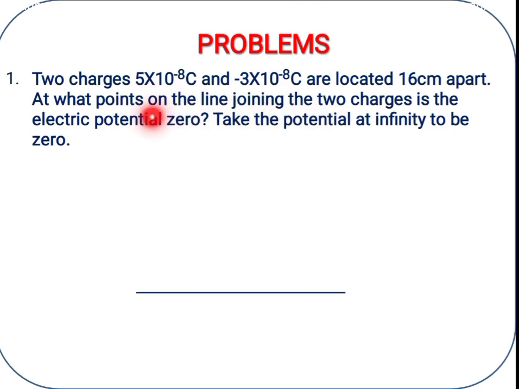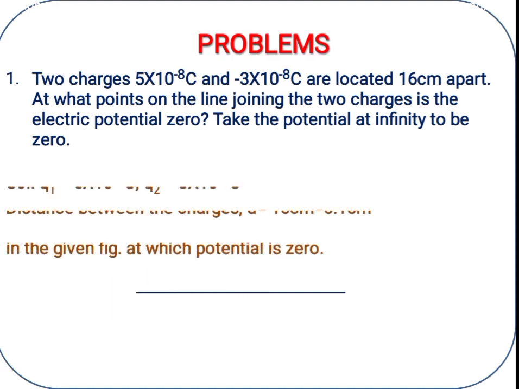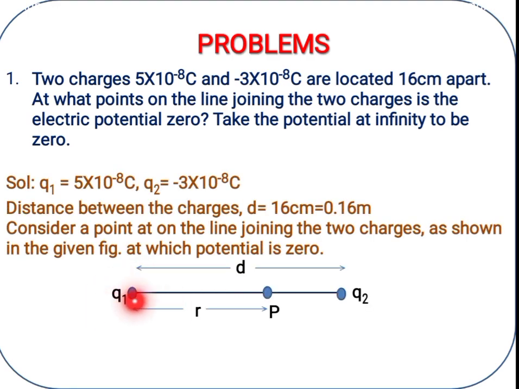Here there are two conditions. One is in between the line. Suppose we consider two charges, one charge Q1, another charge Q2. Suppose we consider a point P between these two charges, what is the potential? And the second one, take the potential at infinity, which means we consider the point P beyond this, outside the line joining the charges. Now